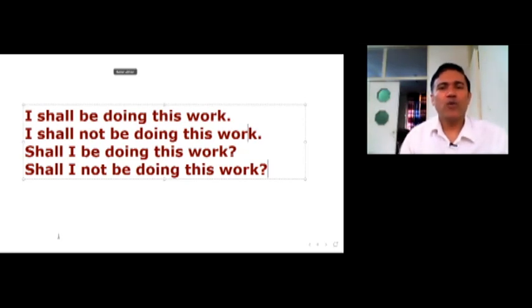In this way, you practice, you try to speak first, then it will develop your speaking ability. You can follow this methodology for each and every tense. You make the sentences